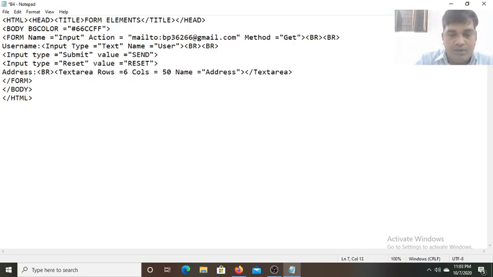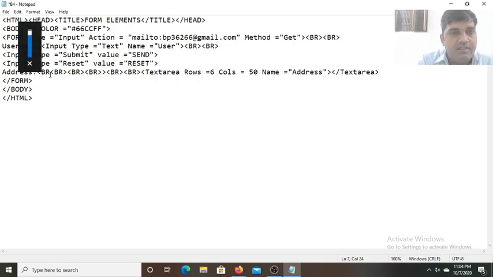I want to give space, so let me copy with Ctrl plus C, and after that I will add this BR five times, five times space. Let me write 6, 7.